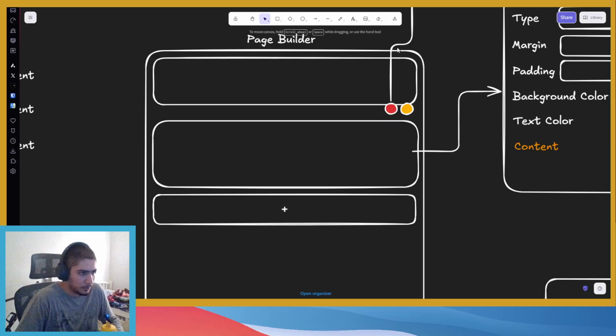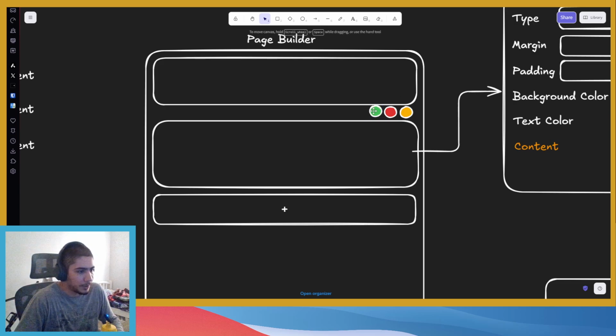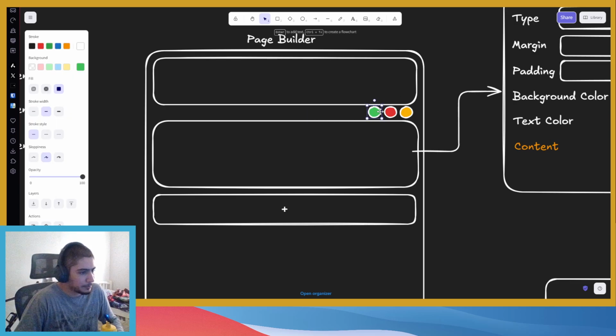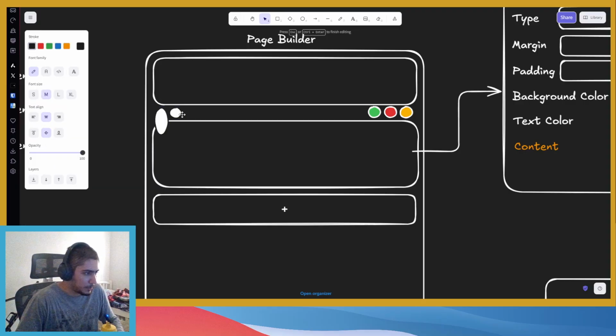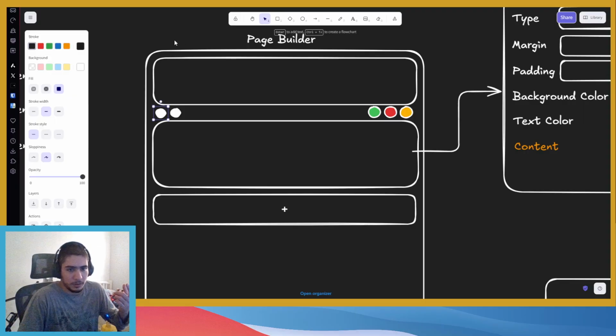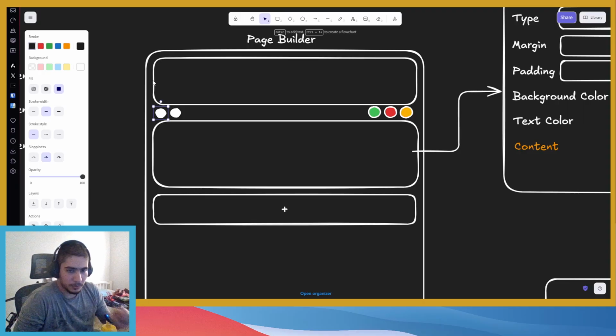Let me remove these lines because I don't need them right now. Something like this with two buttons down there, and probably another extra button in green, whose job is to create an element in between them, and probably two other buttons here, which are going to be neutral, like white with a black stroke. One is for moving the element up, and one is for moving the element down. That's how we're going to change the order. Let me get these things up, and now we're going to get started to work seriously.